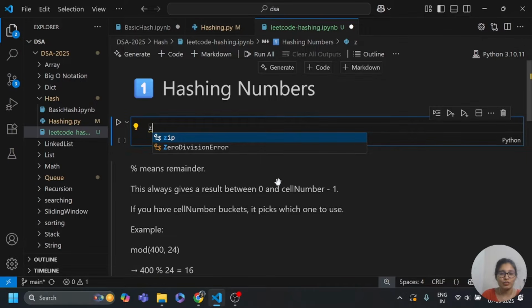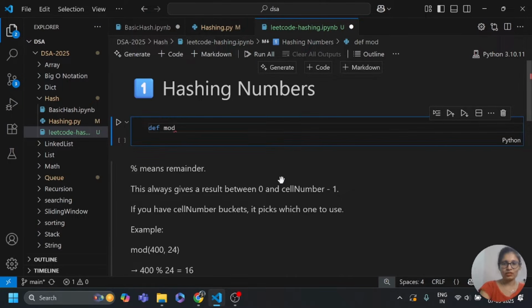Okay, so today we are going to learn a LeetCode problem from hashing number. Okay, so here we need to start now. So define mode. So I am going to define a function.